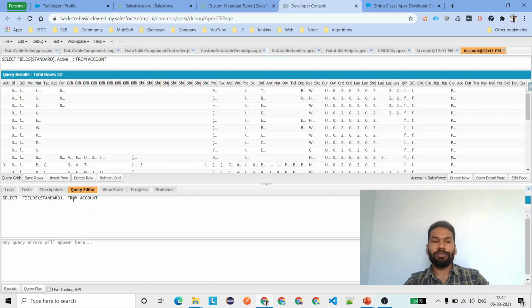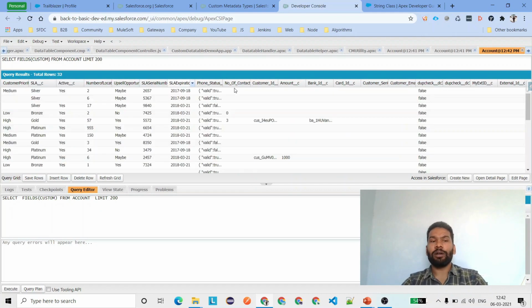Now I want to have the custom fields. I don't have any limit, so I will put the custom value here and execute it. You will get an error saying that the fields function must have a limit of at most 200. So we need to provide the limit, which is 200. Go ahead and execute this, and this time you will see all the custom fields.